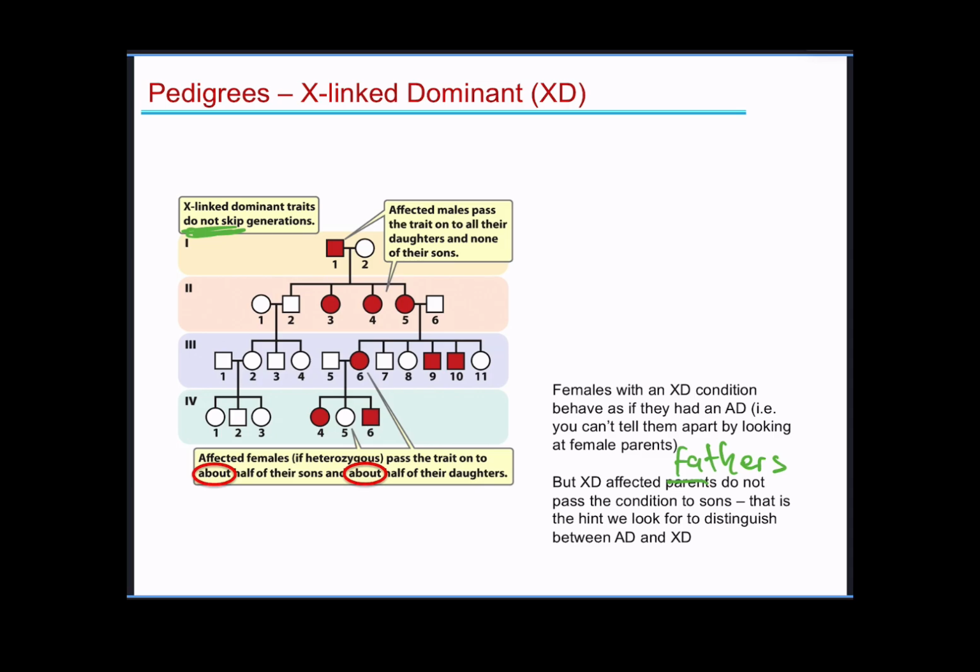What is it that they're giving their sons? The Y chromosome, right? So their X chromosome with the dominant allele in it is not passing down to sons, it's only passing down to daughters. So if you're trying to establish if a dominant condition, you've already established that there is no generation skipping, a good sign that that is a dominant condition. If you're trying to distinguish between autosomal dominant and X-linked dominant, look to see what happens to the fathers. If the fathers are consistently passing it to girls, to their daughters, and not sons, it's a good sign that it's an X-linked